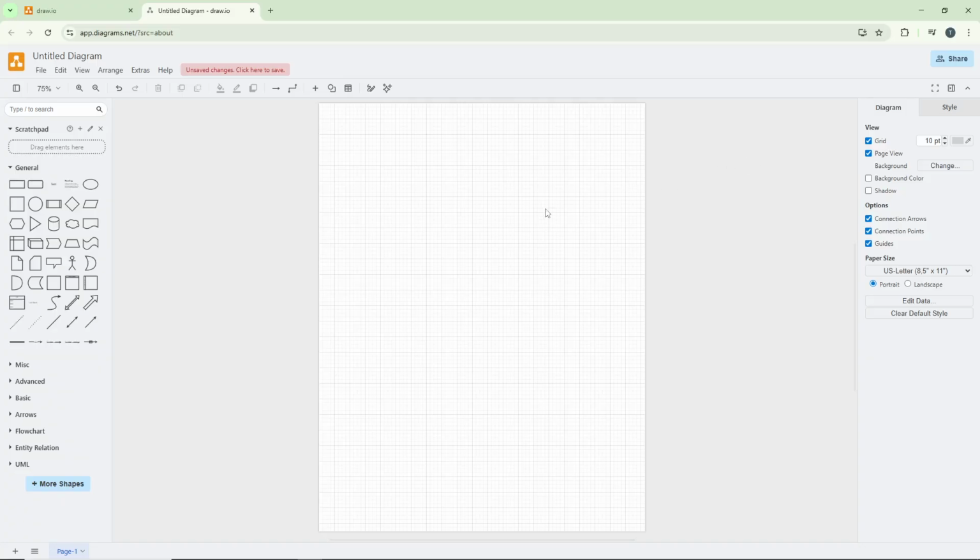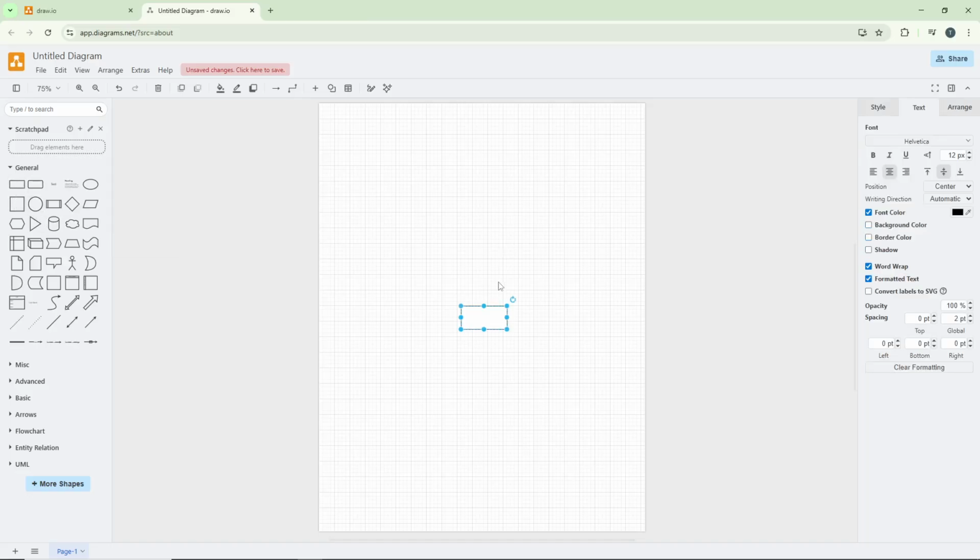Once the drawing interface appears, you'll notice a panel on the left side of your screen filled with various shapes and elements you can use. This is your shape library. Click on any shape that you'd like to use as your container. It could be a rectangle, circle, or any other shape depending on your preference and what makes sense for your